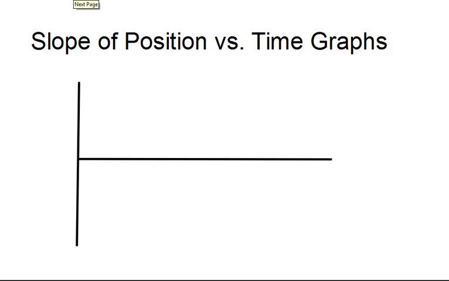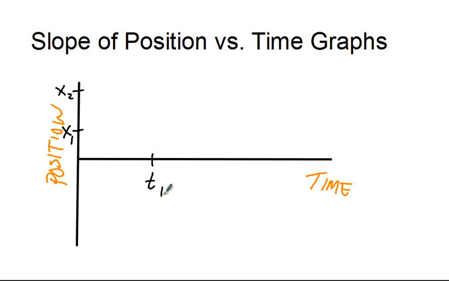If we were to put our axes up again, our generic position versus time graph, and we want to talk about the slope, let's say x1 is here, x2 is here. Let's say time 1 is right here and time 2 is right here. If we make a line from x1 to x2 at t1 to t2, and we want to find the slope of that line,